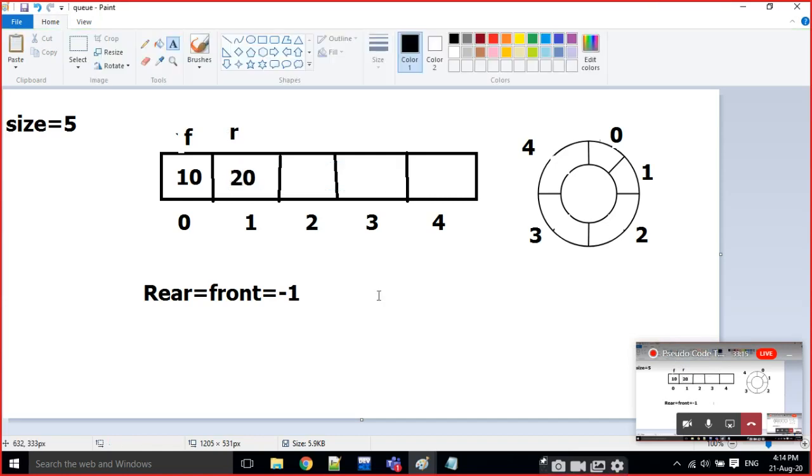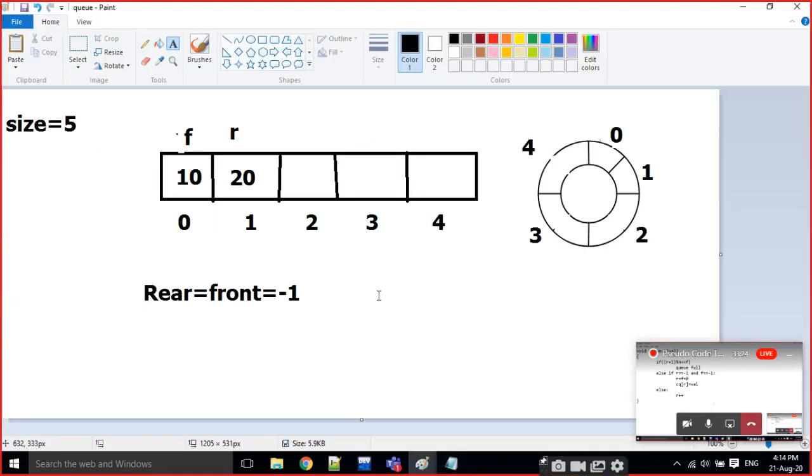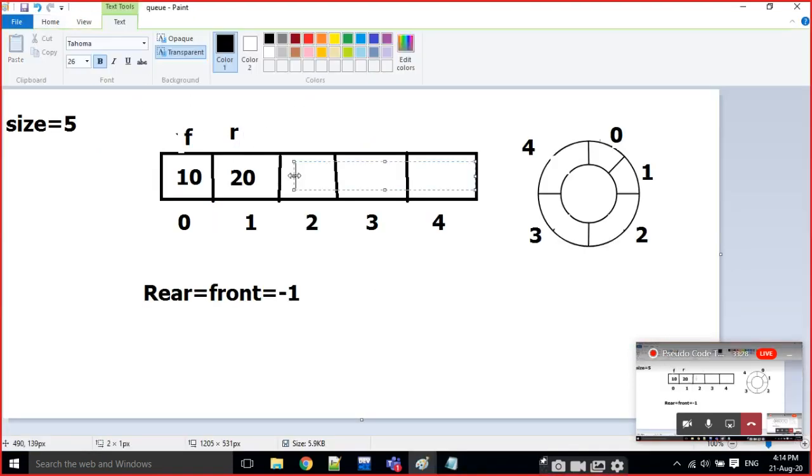There is no problem, right? When we are inserting the values, I just do R++ and add it. But one problem is there. What is that? For example, it is going to be 30, and then 40, and then 50.